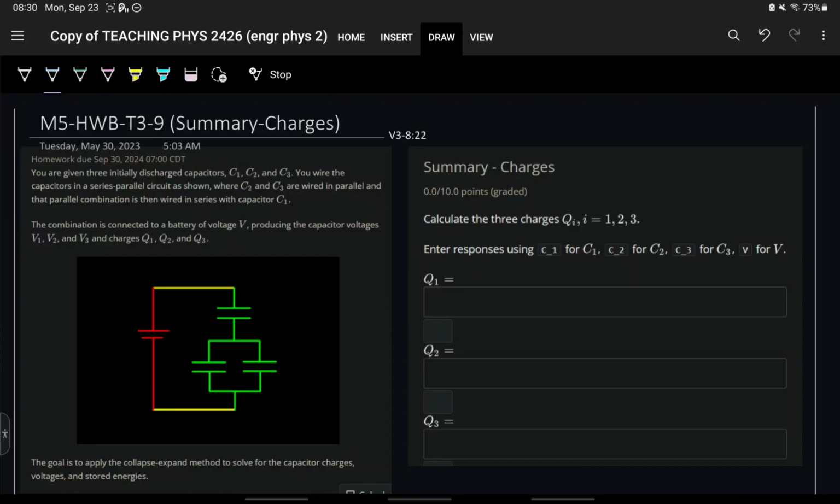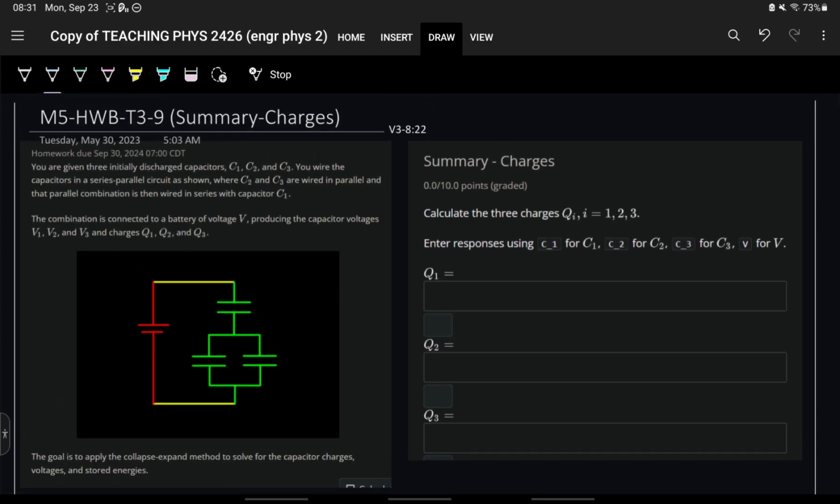Hey guys, we're looking at Module 5, Homework B, Tab 3, Part 9, Summary charges. Sometimes it says changes instead of charges because I'm bad at typing. Yeah, summary charges. Okay, so this is a whole 9-part, 10-part question, so I'm going to be skipping